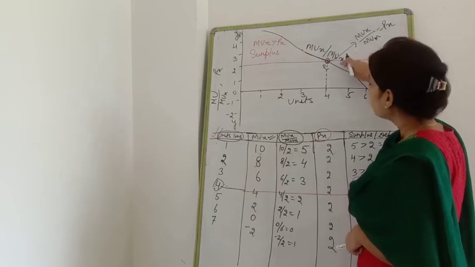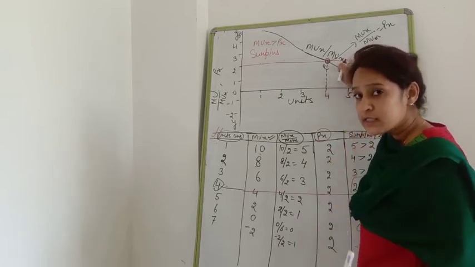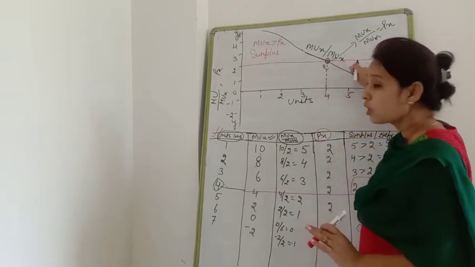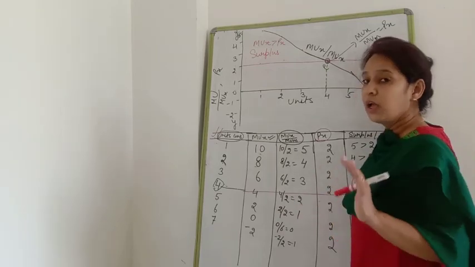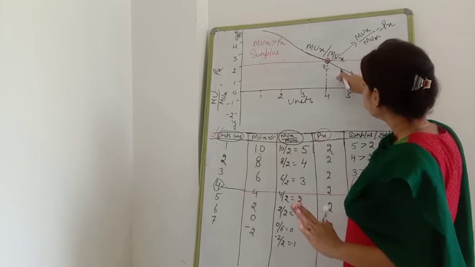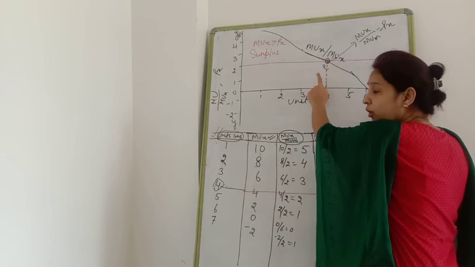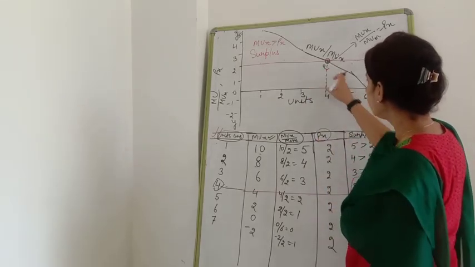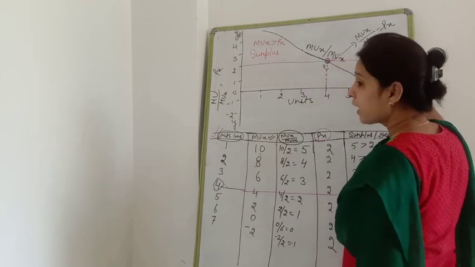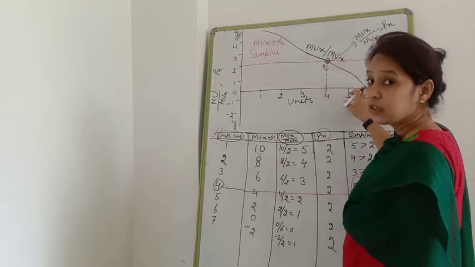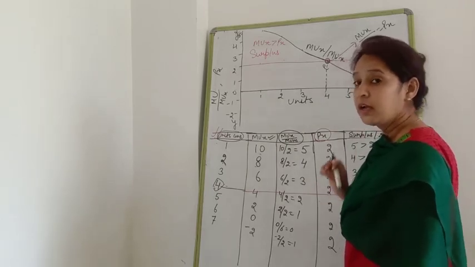Clear? At this point he is not in a position of loss, and at this same point he is not in a position of surplus also. So this point is known as the consumer equilibrium point, where after getting this E point, he is not going to continue his consumption. Why? Because after this point, prices are higher and the satisfaction, marginal utility, is lower.